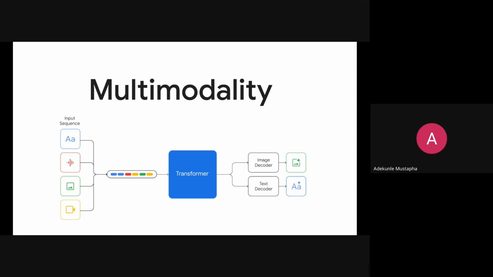But using multimodality, the AI model is able to integrate different types of inputs like text, images, audio, and it's able to use that to influence the responses that it gives. So there's text, audio, images, even videos. Those input sequences can be passed into the transformer model to give us either an image response or a text response. So that's the idea about multimodality.